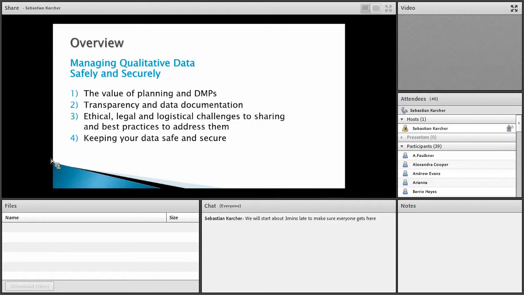I should mention that this webinar, as we envision it, is oriented towards researchers. I know many of the people who signed up are actually data librarians or otherwise teach or supervise research data management. We hope this is still helpful to you in seeing the researcher's perspective. As you can see from the outline, a lot of what we're going to be talking about are general data management and data management planning considerations, but we always come at this from a qualitative data perspective. Our examples are going to be qualitative data, and some of the issues are unique or specific to qualitative data, particularly in the later sections